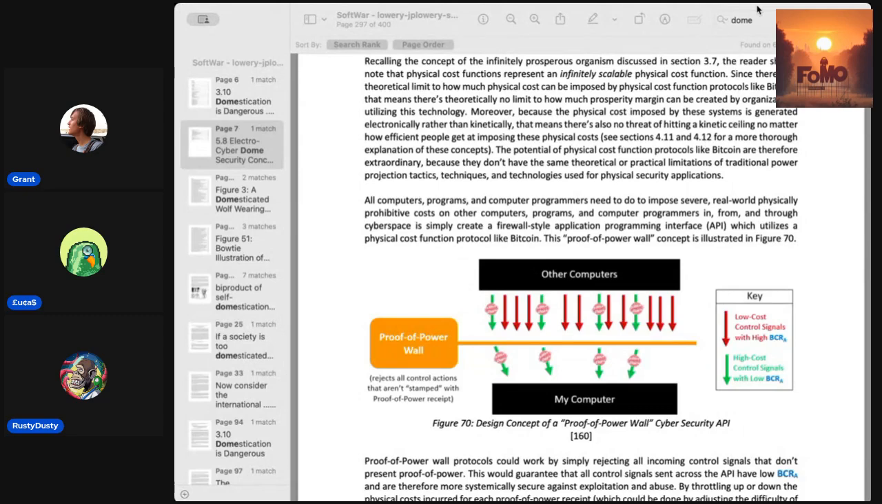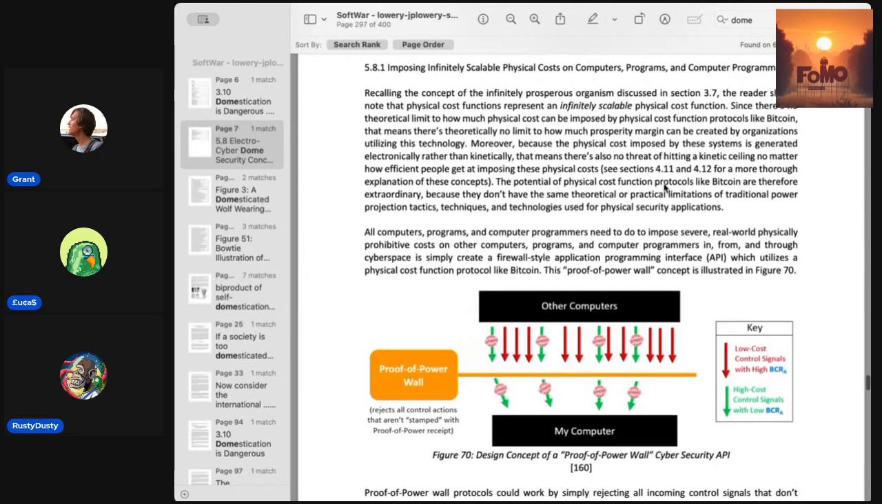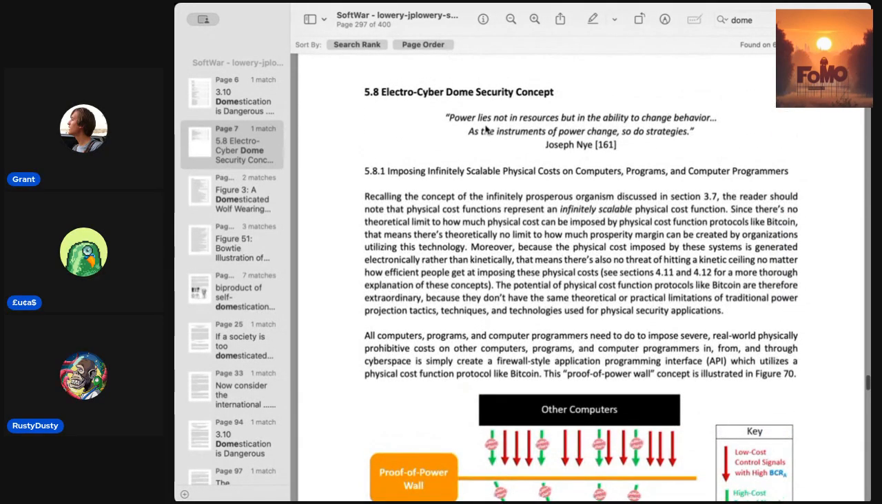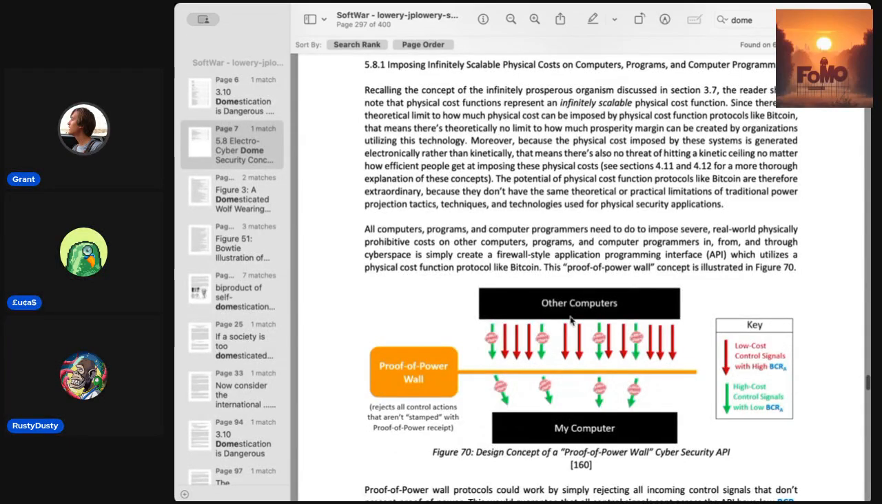Speaking to that bit on software, it was this whole idea of this cyber dome, right? How do you impose physical costs on computers so that they can't overwhelm a system? It's that proof of work, proof of power wall that Bitcoin uses to protect itself, and that fundamentally can be used by saying, well, Bitcoin or Chia, as the token, represents that proof of power, proof of work style